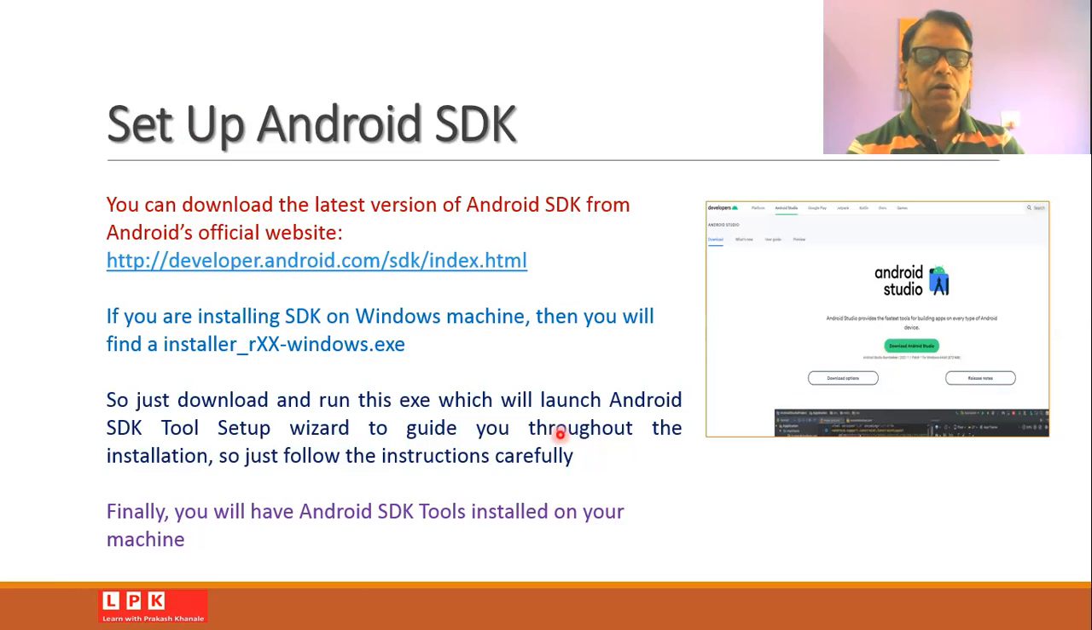So you just download, and then you have to run the exe, and then you will find that the Android SDK tools wizard will be open and it will be launched on your computer system. So you need to follow carefully the steps that are being displayed, read them, and then follow them carefully. If you have some problem in the installation, then you can always go online and take some help, because